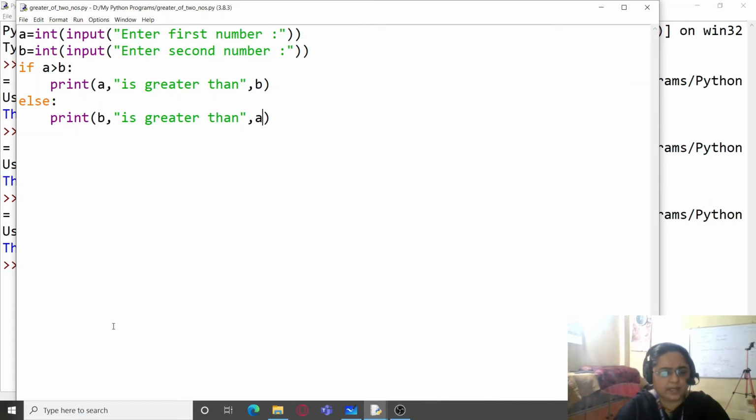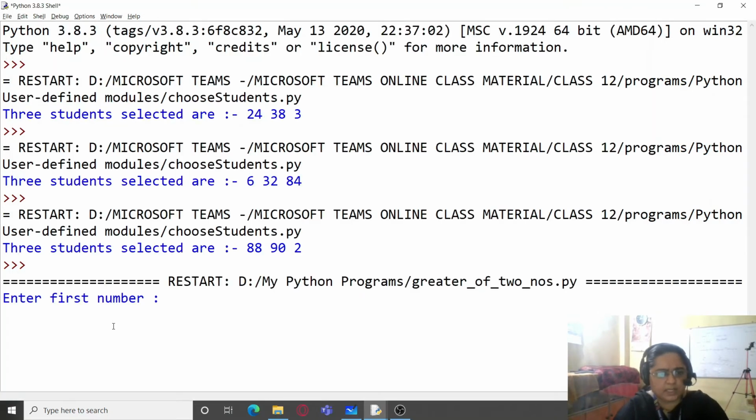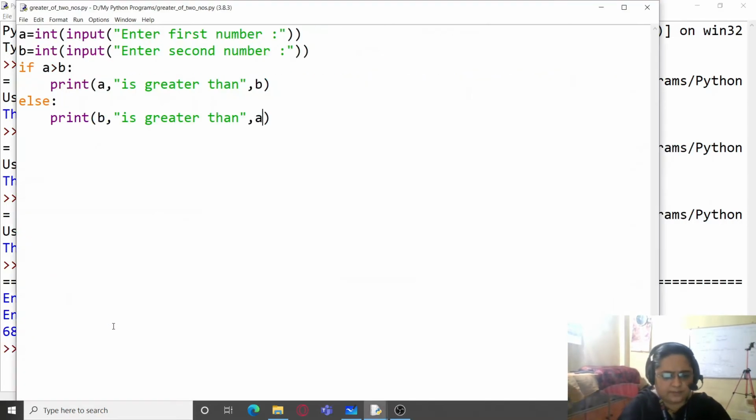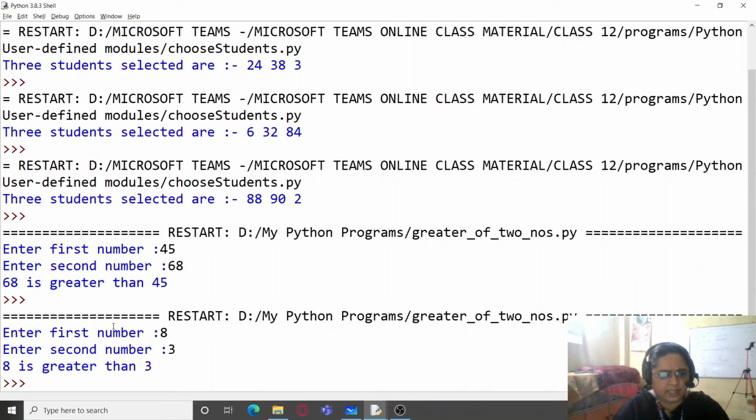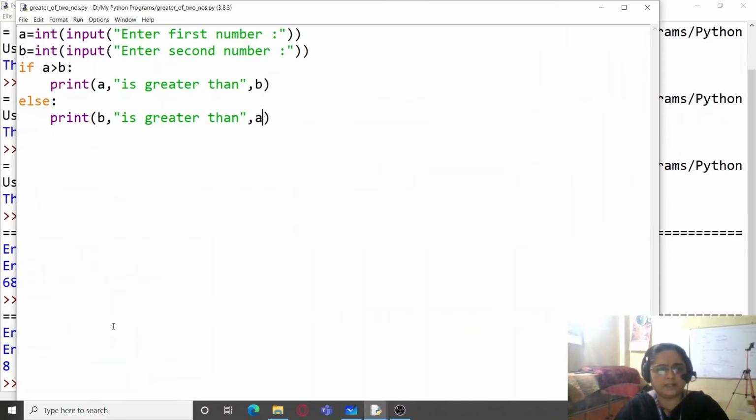Okay, and now let's run the program. Two numbers are given, any two random numbers. So 68 is greater than 45 in this case, and if I enter 8 and 3, 8 is greater than 3. So whichever number the user enters, the program is going to execute accordingly.